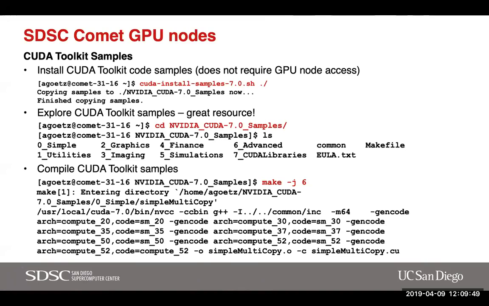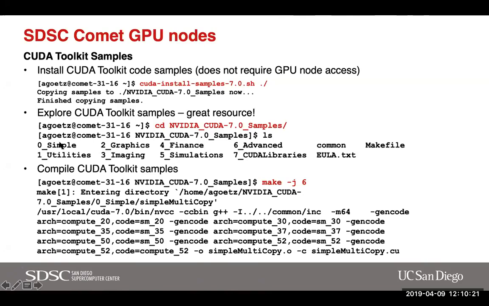In terms of CUDA programming examples, the CUDA toolkit, as I was mentioning earlier, comes with CUDA code samples, so you can install these. You just execute this command, cuda-install-samples-7.0.sh, and the directory where you want to have that, and it copies the code samples into this directory, in your home directory, for instance. And then you can explore these. If I move into this directory, NVIDIA_CUDA-7.0_Samples, and do an ls, I would see